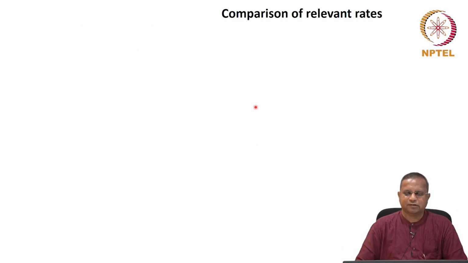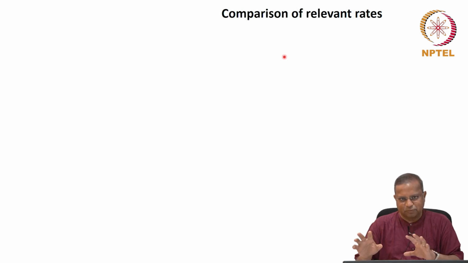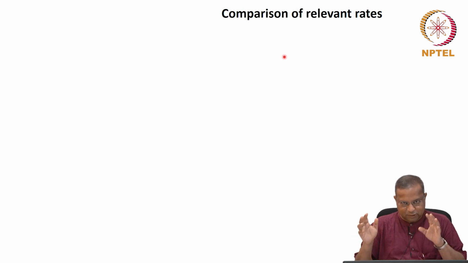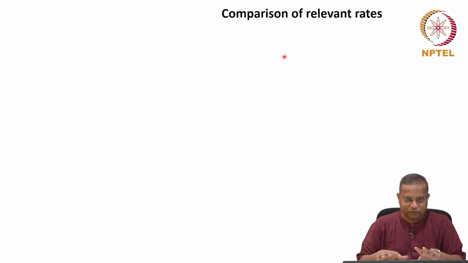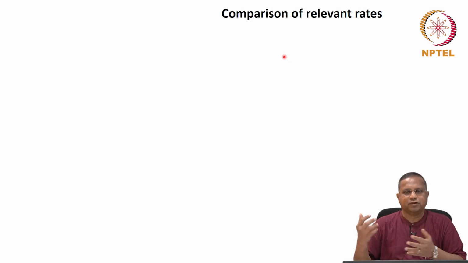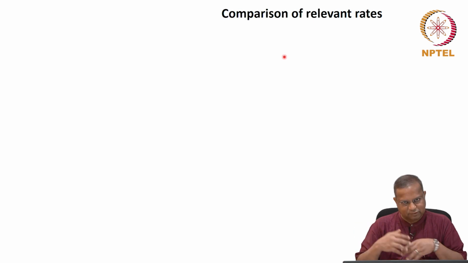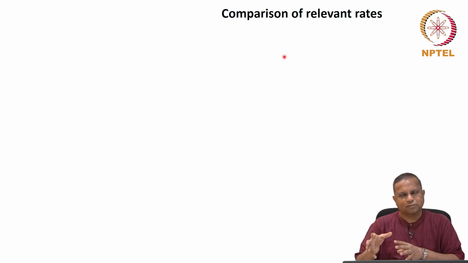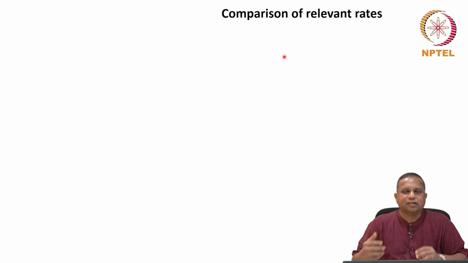The next aspect is something to do with relevant rates. This helps us significantly in reducing the complexity. As you'd have realized, those are partial differential equations. You have a time variation, space variation, and so on and so forth, right? So if we can somehow get rid of those time variations by an appropriate view that is relevant for us, that would be good. We cannot just take a view that's irrelevant for us. If we take a view that fits our relevance and can simplify our analysis, that is very good. And this is one such view.